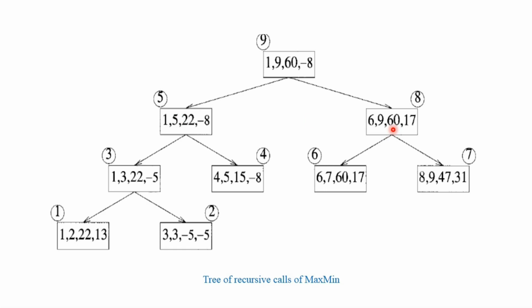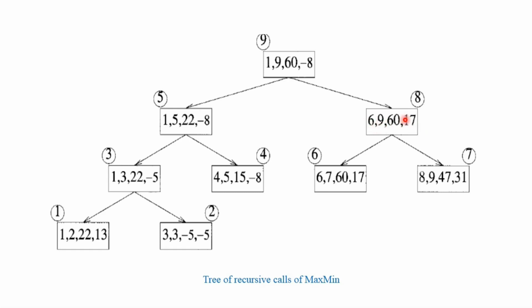Now the sub problem 2 will start from mid plus 1 until n, that is 9, and we find out that 60 and 17 are the largest and the least values. Once again we find that these are not small problems, so we need to subdivide this problem. So again the mid is found out, (1 plus 5) by 2, that is 6 by 2, that is 3. So starting from first element until 3, and these are the min and max values in that case, whereas the others will be mid plus 1, so 4 until 5, and 15 is the max value and minus 8 is the min value from these elements.